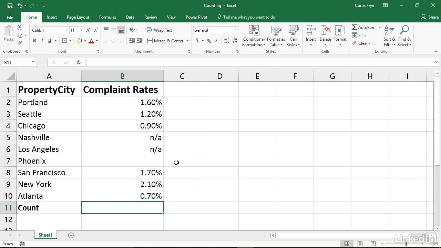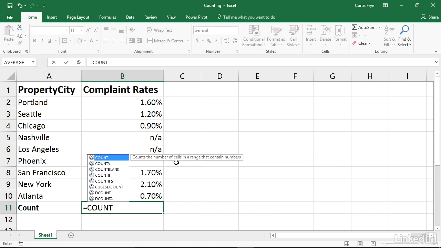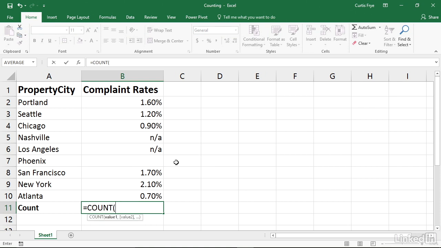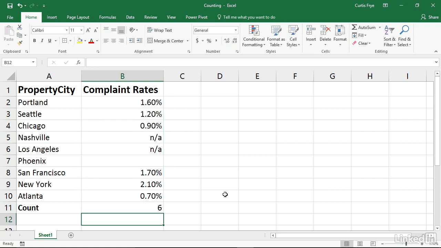So let's say that I want to count the number of cells that contain numbers. Out of the 9, it looks like there should be 6. So in cell B11, I will type an equal sign to start creating my formula, and then I will type COUNT, then a left parenthesis, and I want to select the range B2 through B10. Now I'm counting numerical values, then I'll type a right parenthesis, press enter, and I get 6, which is the